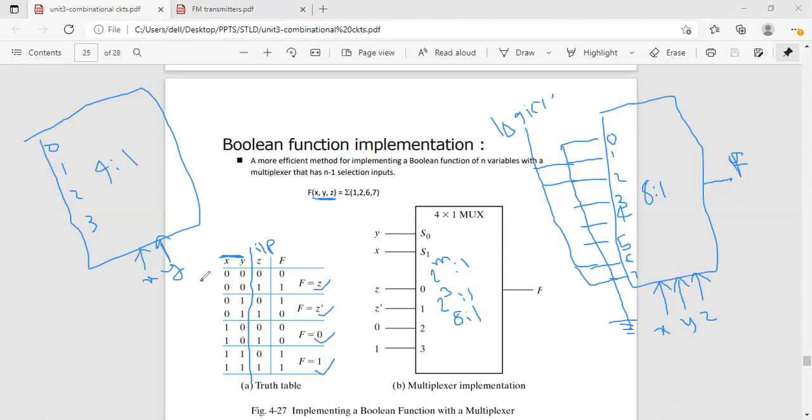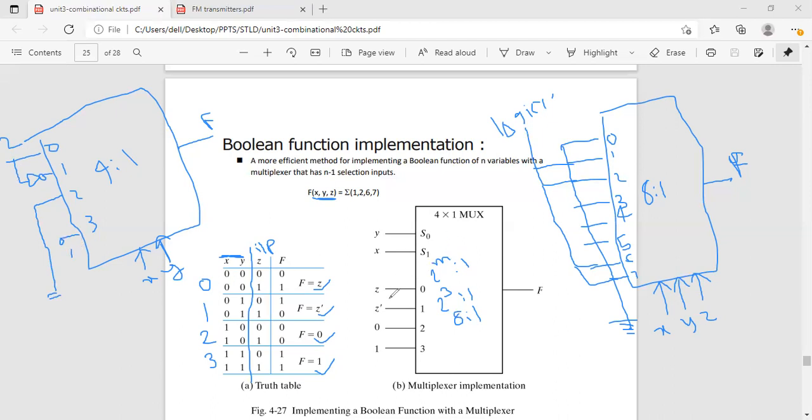సో xy 0 0 కాబట్టి ఇదేమవుతుంది 0 అవుతుంది. 0 1 కాబట్టి 1, 1 0 కాబట్టి 2, 1 1 కాబట్టి 3. సో ఇక్కడ చూడండి సెలెక్ట్ లైన్ కండిషన్ 0 0 ఇస్తే ఓకే. సో వాట్ ఈస్ ద అవుట్పుట్ వి హ్యావ్, ఇక్కడ చూడండి అవుట్పుట్ ఎఫ్ అని డ్రా చేయాలి. అండ్ 0 0 ఇచ్చినప్పుడు ఏం సెలెక్ట్ అవుతుంది మనకి, 0 లైన్ కి జెడ్. జెడ్ ఈ 1 కి ఏమి ఇవ్వాలి మనము, జెడ్ బార్. అండ్ 2 అనేది ఏంటి, 0 0 అంటే ఏంటి, గ్రౌండ్ ఆర్ లాజిక్ 0 కి ఇస్తాము. 3 అనేది దేనికి కనెక్ట్ అవుతుంది, లాజిక్ 1 కి కనెక్ట్ అవుతుంది.